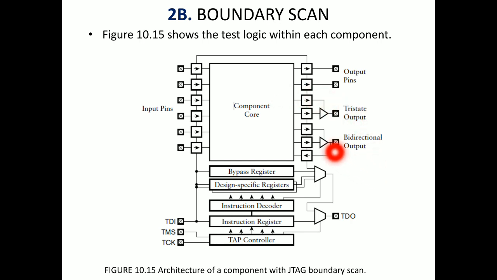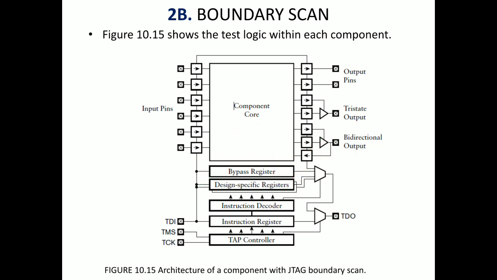To make sure of the functionality of the JTAG, with some controllability, there are a few registers. Those registers are the bypass register and design specific registers. There will be different registers to function this IC. You can see the ports, the signal lines: TDI, TMS, TCK, and TDO. TRST is not there; that is optional with respect to application.